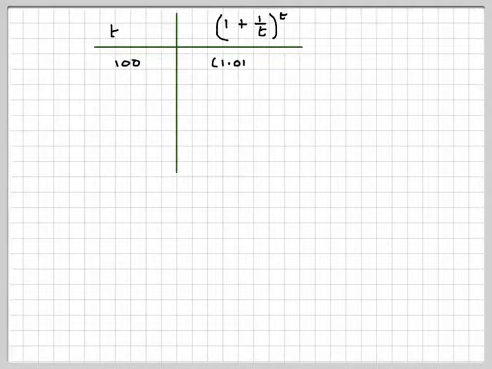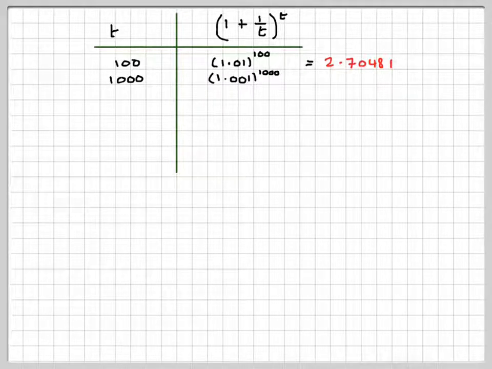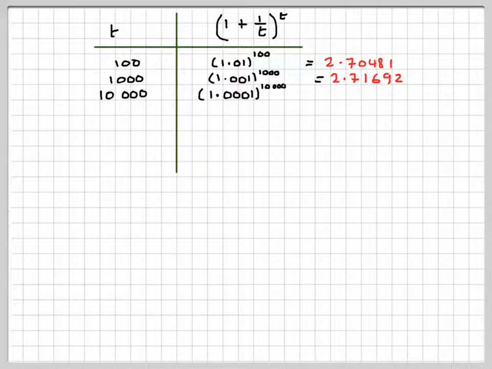Right, assuming that you've now done it, this becomes 1.01 to the 100, which is 2.70481. When you do it for 1,000, it becomes 1.001 to the 1,000, which is equal to 2.71692. When you do 10,000, it becomes 1.0001 to the 10,000, and it becomes